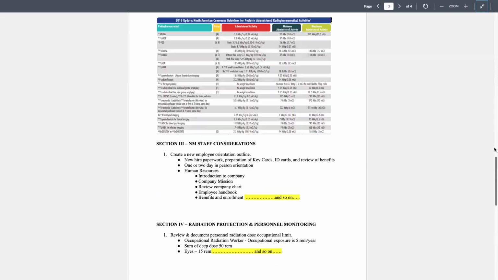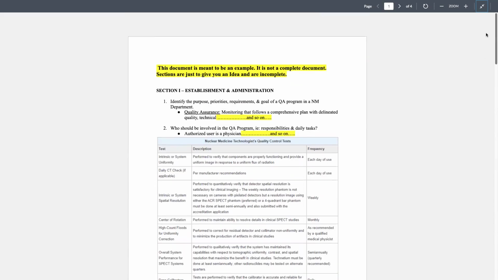The other thing I was going to tell you, and I can't remember if I listed it somewhere on here, but don't be afraid. If the department you work in right now has a chart like this and they're willing to let you use it, I'm okay with that. You don't have to recreate the wheel. You're still going to have to answer the module questions, but if your department has a chart like this that shows the tests they do and how often, that's fine. You do need to get permission from your department to use that information